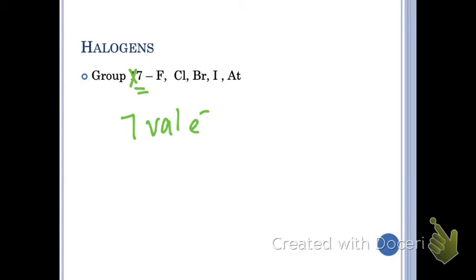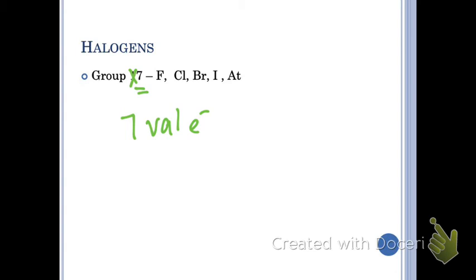Do the transition metals have valence electrons? Good question. So I skipped over that part. Ty asked, do the transition metals have a certain number of valence electrons? The answer is no. They don't follow the rules, which is why I left them out of that count, 1 through 8. Very good question.